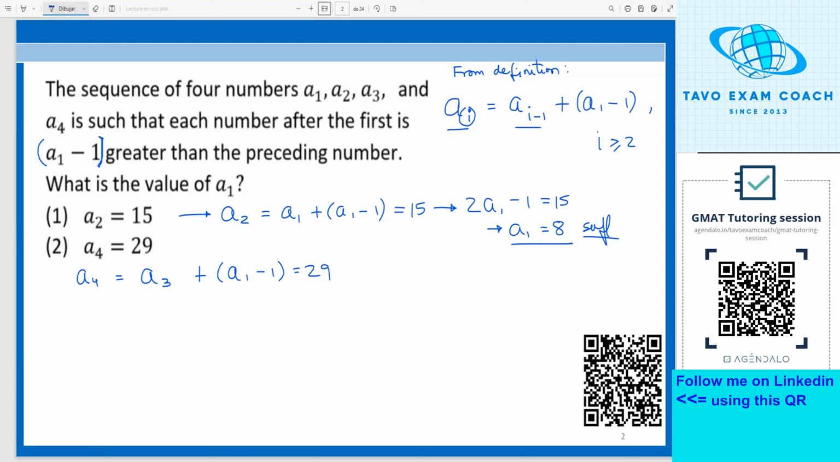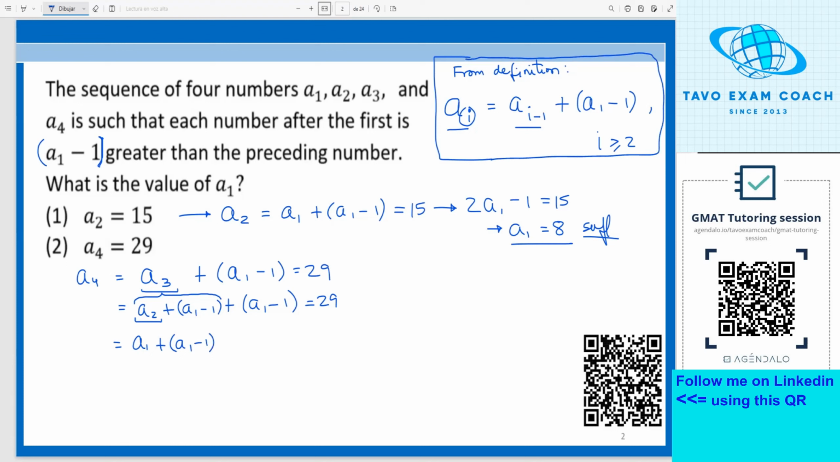But we need to realize that we can expand this term, A sub 3, by saying, according to the definition above, that A sub 3 equals A sub 2, the preceding term, plus the difference A sub 1 minus 1. So all of this represents A sub 3, plus A sub 1 minus 1, which would have 29. And still, we can continue expanding and representing this term A sub 2 as the sum of the preceding term, that is A sub 1, plus the difference A sub 1 minus 1, according to the definition we wrote initially. So we have this plus A sub 1 minus 1, and again plus A sub 1 minus 1